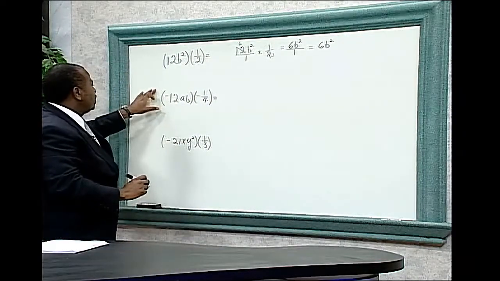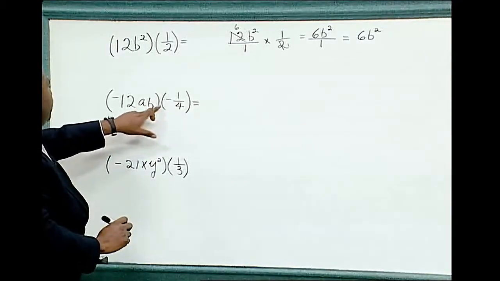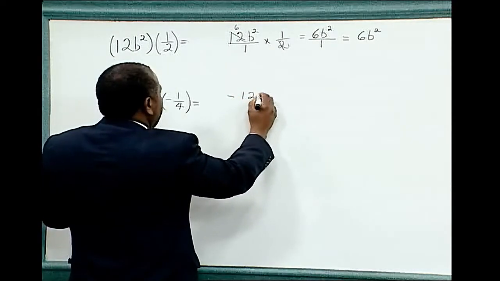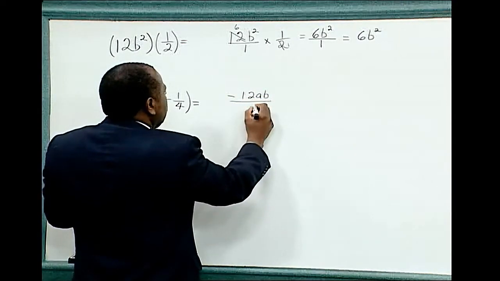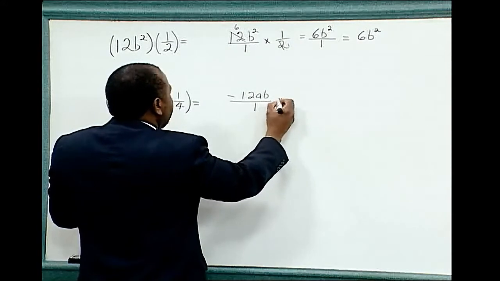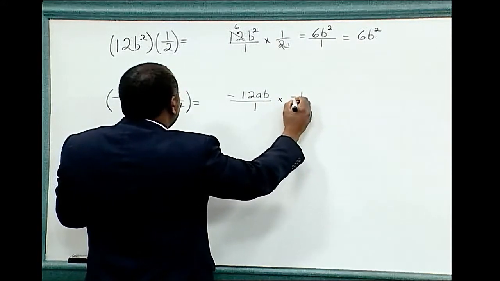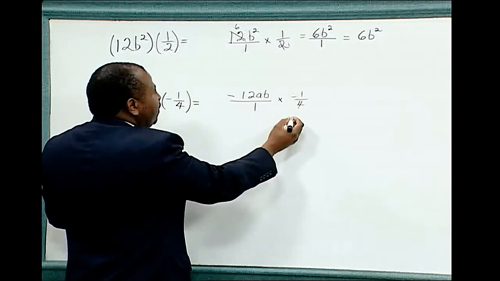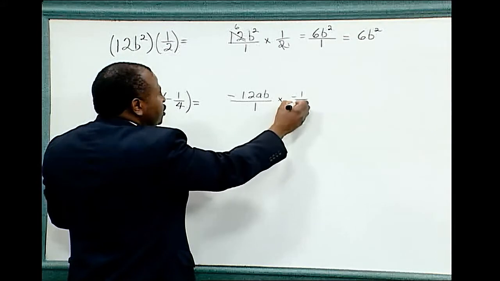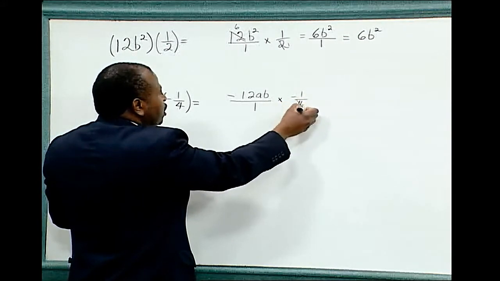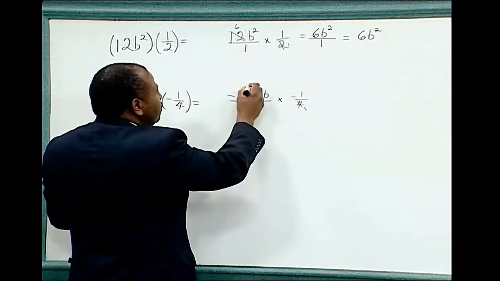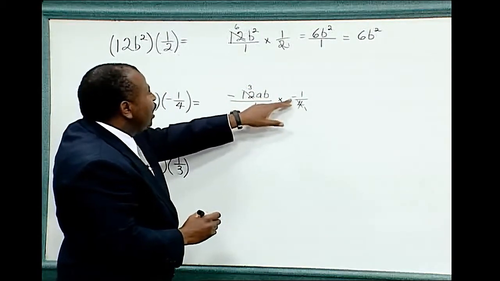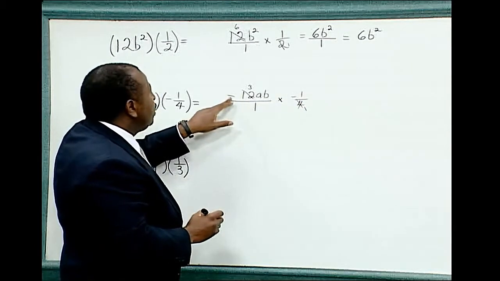Example 5. A negative 12ab times a negative 1/4. Negative 12ab over 1 times negative 1 over 4. Again, 4 and 12 contain a common factor. We can reduce it by cancellation. 4 divides into 4 one time. 4 divides into 12 three times. A negative 3ab times a negative 1 is equal to a positive